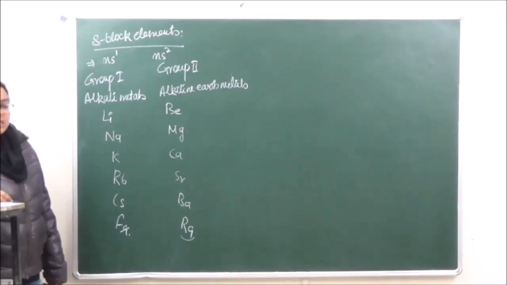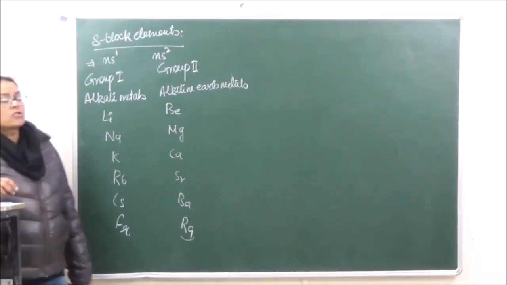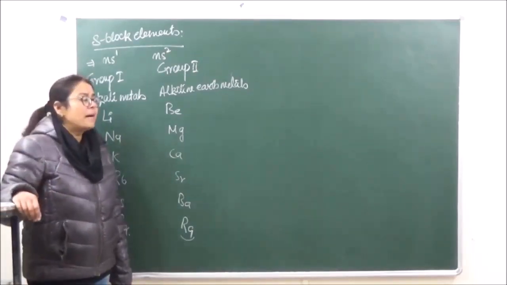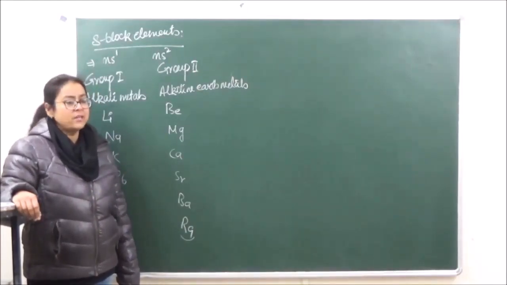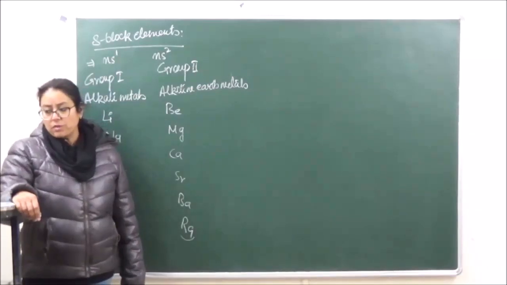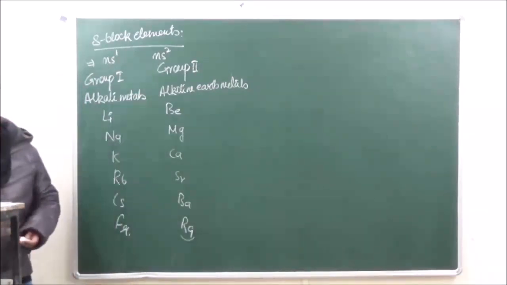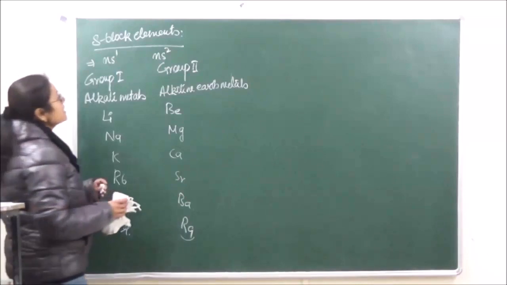their periodicity in properties. We will study the general chemical properties of both the groups, and then we will also study certain important commercial compounds which are going to be present in both the groups with their properties and uses. So let's go on to the first, alkali metals and their compounds. That is the first section of this chapter.